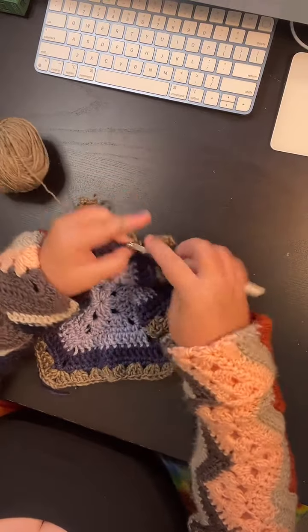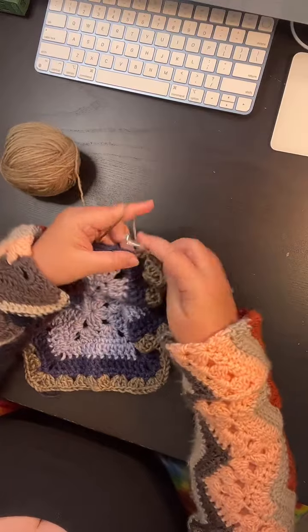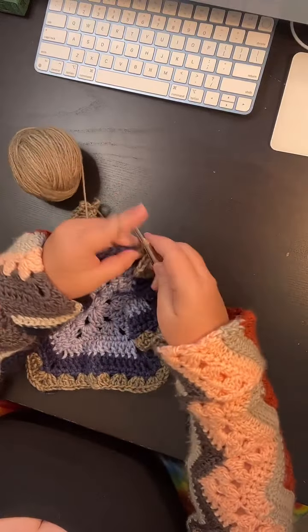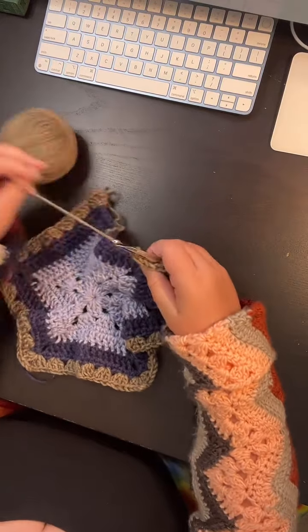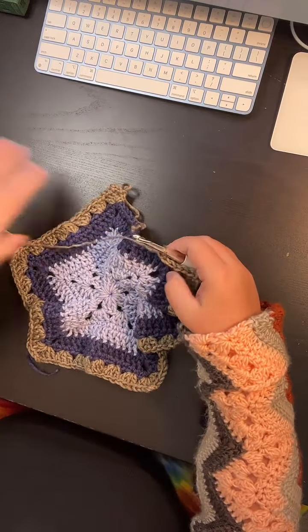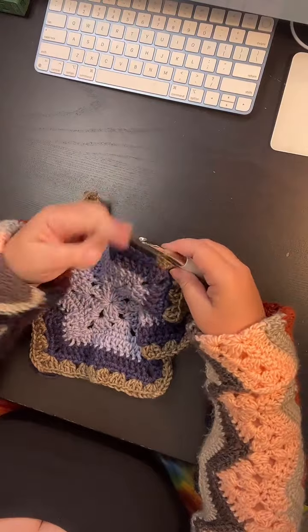I'm sorry, this isn't going to be a very good tutorial and people are going to be mad because I'm talking during the paint row. I'm going slow, so